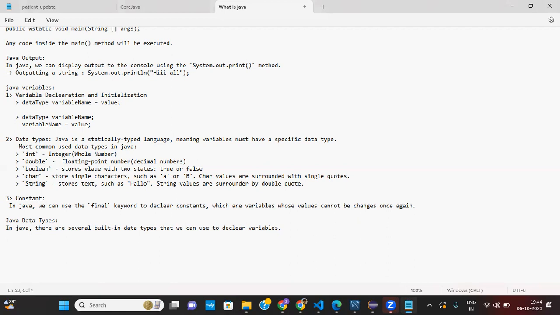So there we have two data types. First is primitive data type.